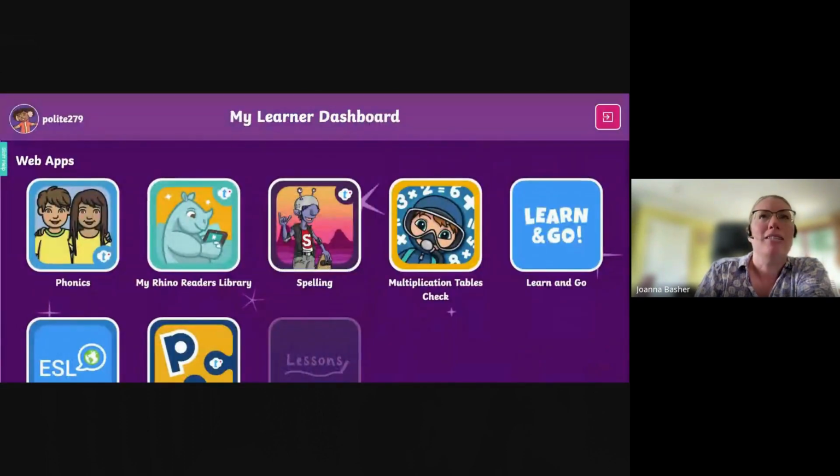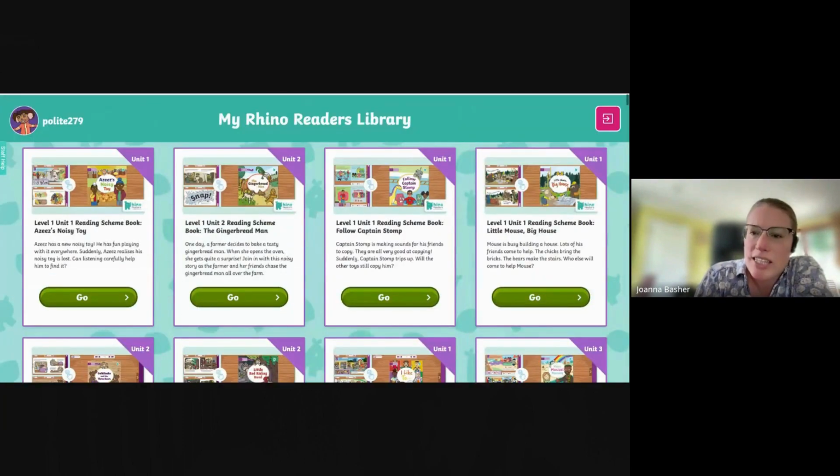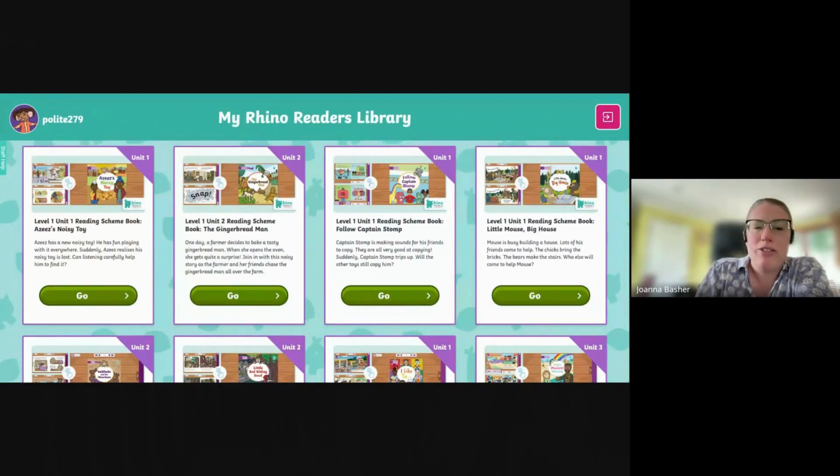I'll get myself back into the library. There's my dashboard. Okay, so that's how they get back to the dashboard, and then they can have a look at other books and other tools that they've got. So that's a really quick walk around of how the child will read the books that you've set them in their My Rhino Readers Library, which they'll get to from